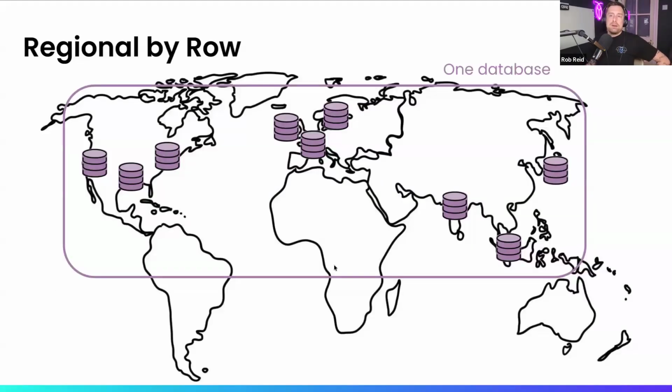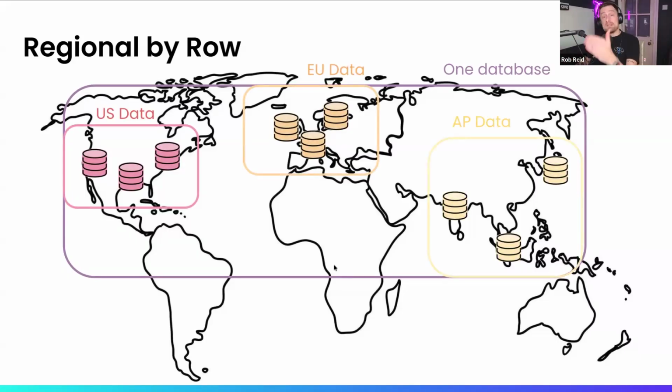The final topology pattern I'll talk about is regional by row. So if regional tables were the partitioning of an entire table to a region, regional by row allows you to pin different data or different rows in the same table to different locations based on where that data needs to live for good read and write access to users wherever they are. Also, it can satisfy regulatory compliance as well because your US data doesn't have to leave the US, and sometimes it doesn't need to. That speaks to the use case that David mentioned earlier, whereby one of our betting customers,